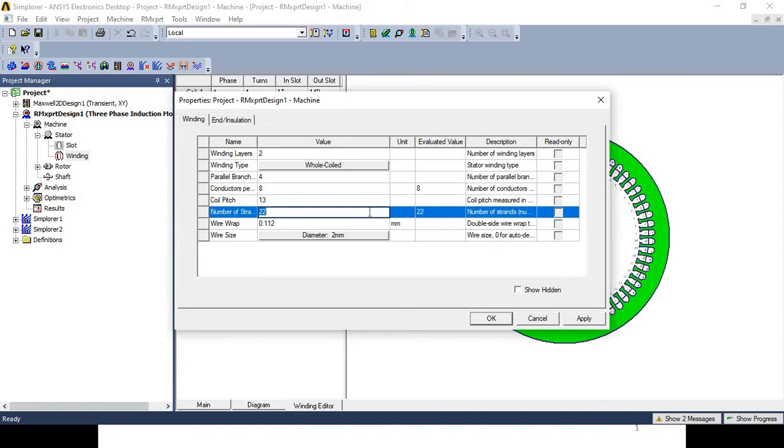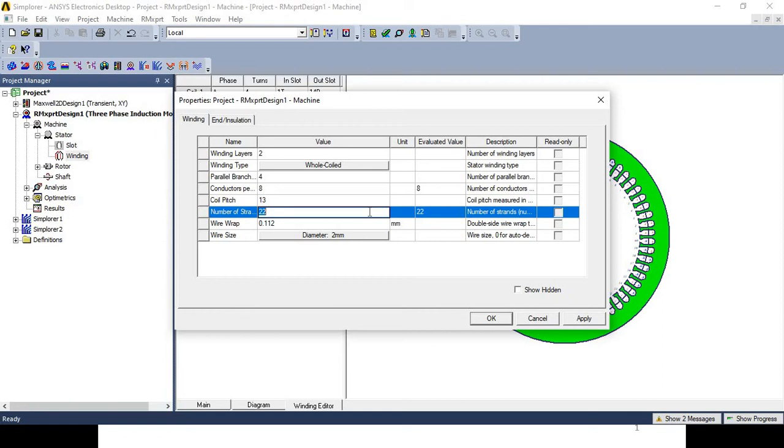See, we had selected here 20 number of wires per conductor, and of course the current carrying capacity of the winding depends on this parameter, whether the conductor is single or standard conductor, what is the number of strands of that conductor, what is the material used for the winding, etc. But if you do not have an idea how to select this number of strands, or